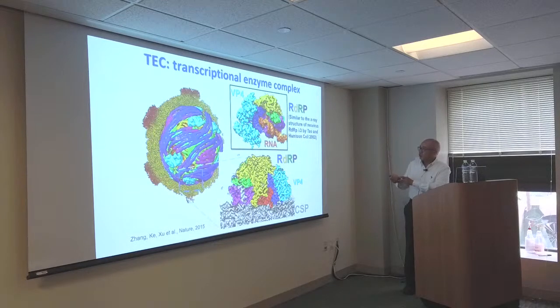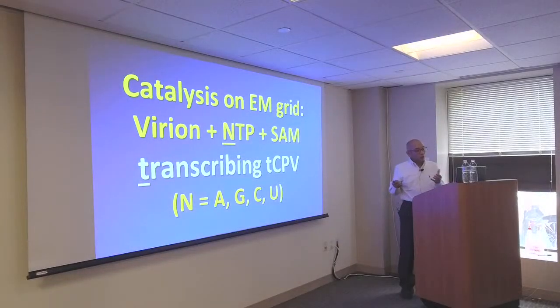In the case of crystallography, they can actually express this and you can see those structures. Now these are being captured in situ on the virus, and we show that you can even do this in action. You can capture those during the polymerization of the RNA. We do that by adding all the other required elements in the NTP mix. Of course, SAM needs to be added if you want continuous transcription. But we can take advantage of this.